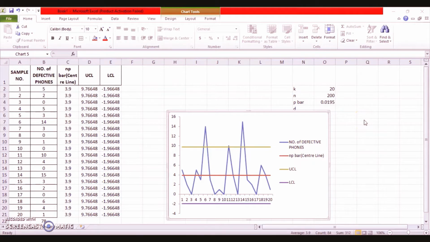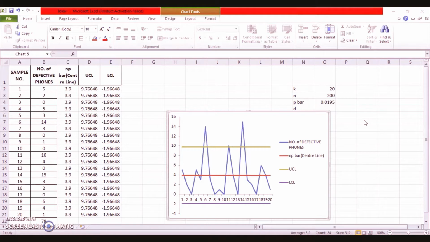This is Dr. Minakshi. As you very well remember from the previous sessions that we had, we were discussing NP chart, how to construct an NP chart, and in that process we undertook a problem and we tried to explore and find out how to construct an NP chart. And eventually in that problem there was not a single data point which showed anything which was going out of control from either the upper control limit or the lower control limit. So in short we can say that that problem had the data points which were actually under the statistical control.